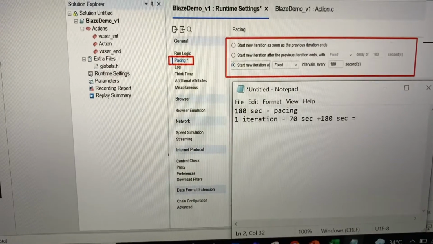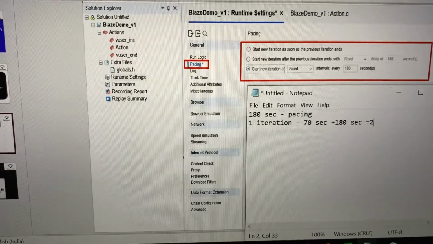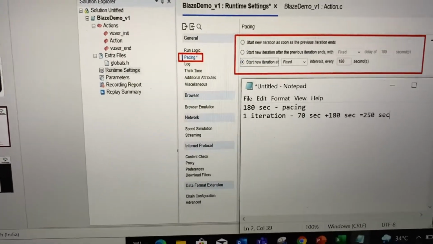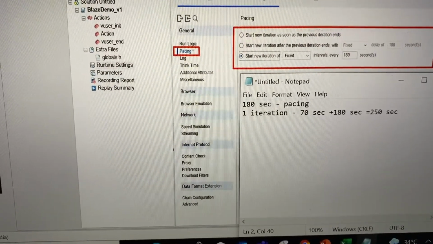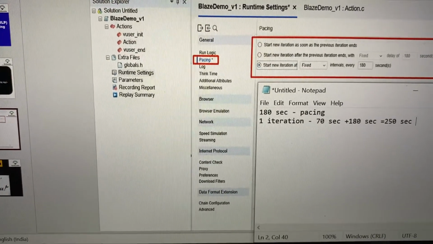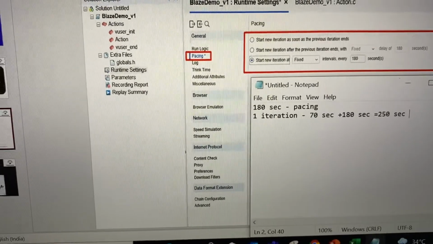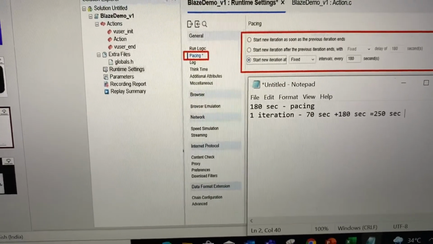So the total will come to 250 seconds. Each iteration will take 250 seconds, and if you divide 3600 by 250 seconds, it will achieve fewer transactions per hour.